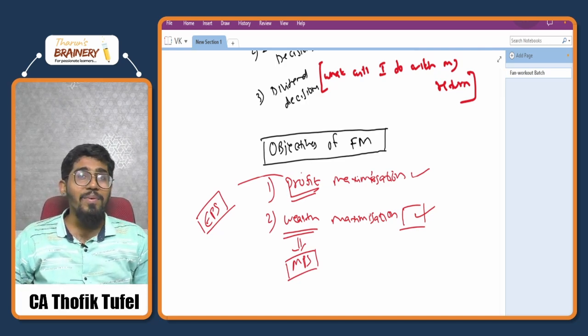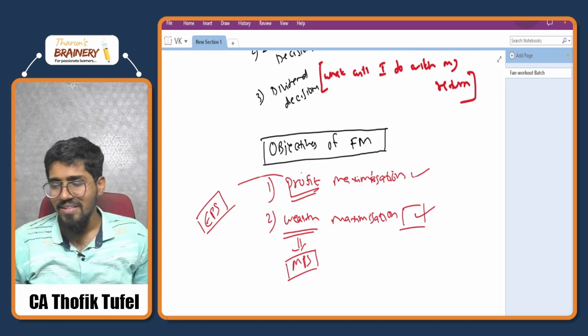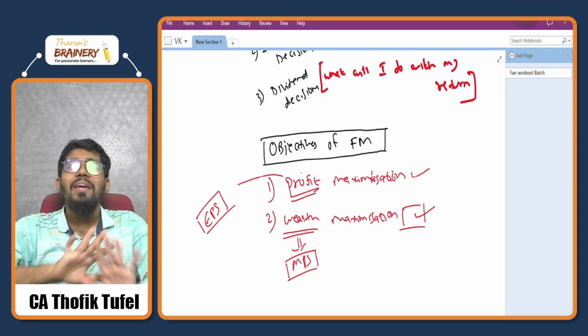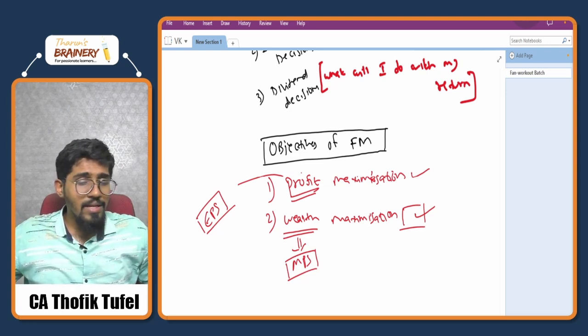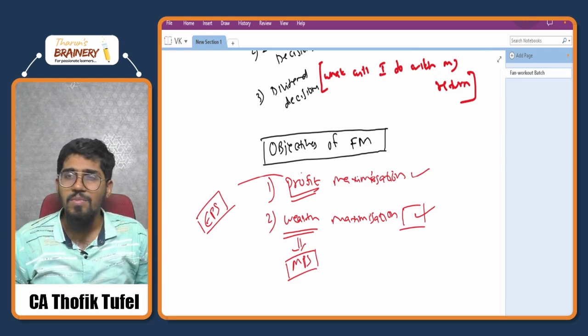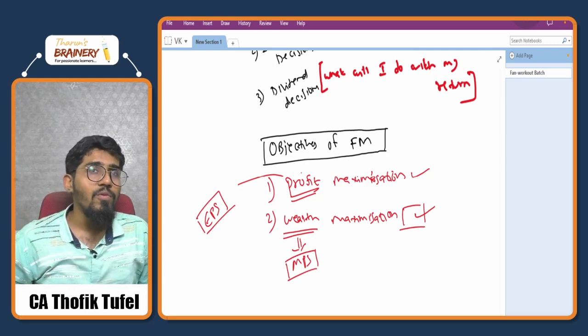Yes, all the depression and all is only diagnosed at a very later stage. So my advice would be, don't take any pressure for studies. Sir, why should we not take pressure? We are having examinations in this many days. Don't take any pressure. Taking pressure will only be negative for you.